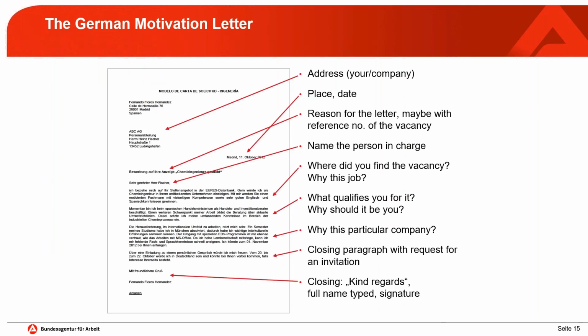So the next big topic is the motivation letter. This should always be included in an application. This letter is very important for the application, and the layout is like a regular letter. So you start with your data on top and your contact details, and then you add the data of the company with the address, the whole official address. You add then the place and the date, and then as a top line, you put